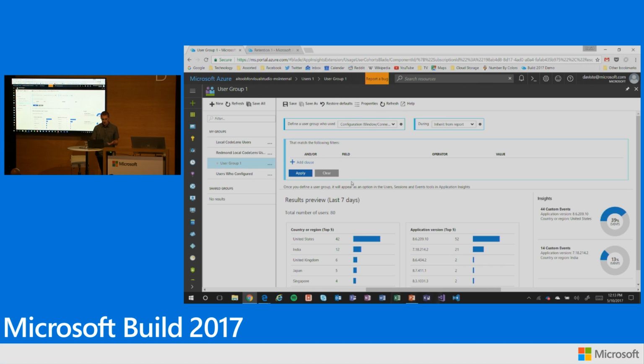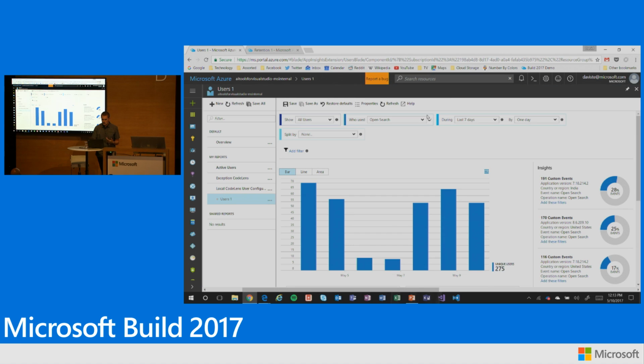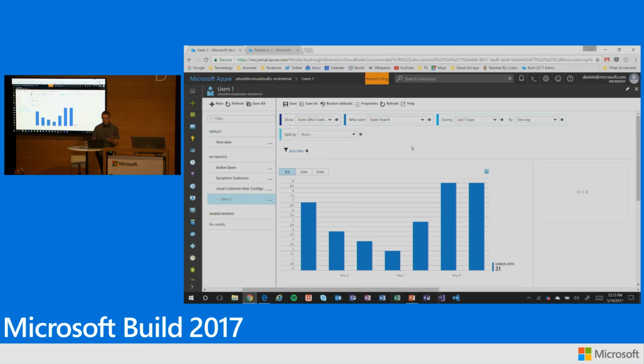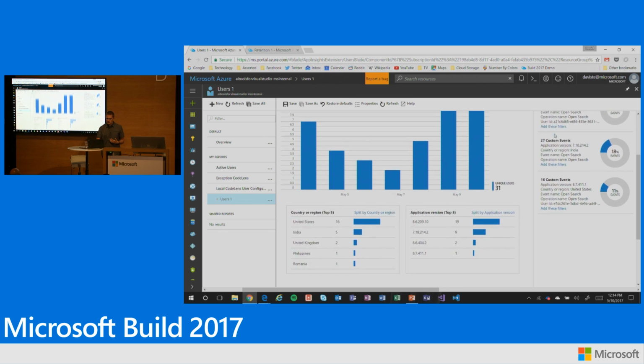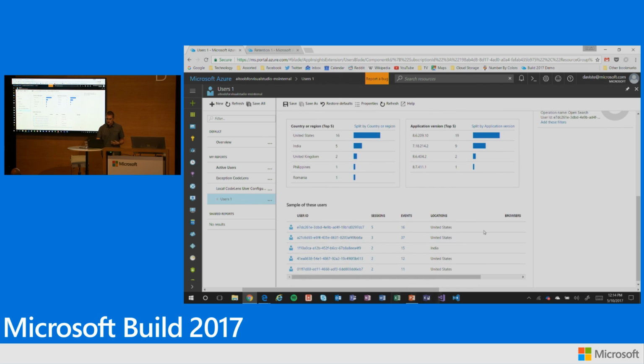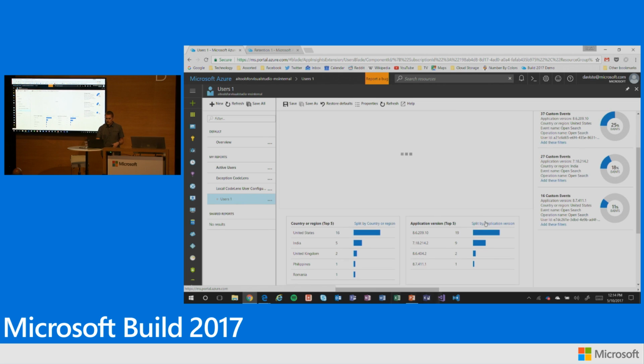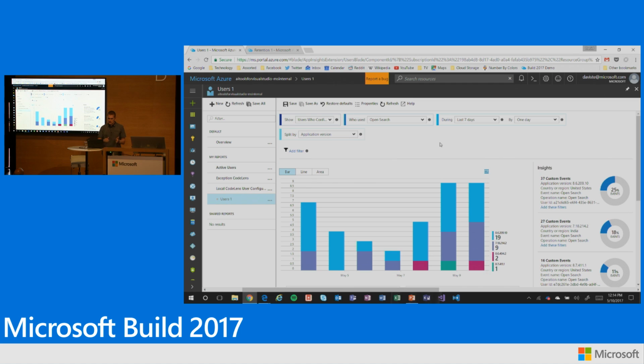And then I can apply other filters if I wanted to and save this and give it a name, but I've actually already gone ahead and done this. So now, instead of choosing all users, I can just choose users who configured. What this has done is figured out the query for me to write. It's taking that subset of users, and then among people who've done that configuration action, how have they used search? And so all of this below here is also up to date. I could dive into an individual, I can do all these splits. So you kind of get the picture, but this is now taking you across these multiple different levels of visibility across the usage of your app,